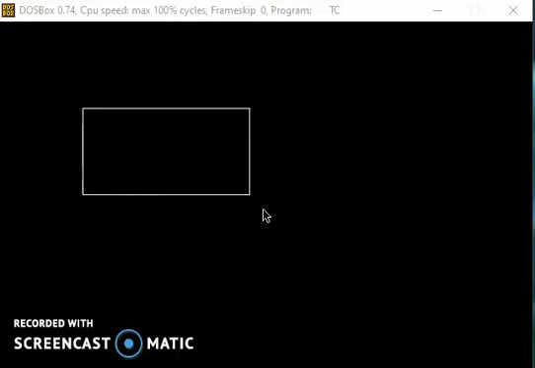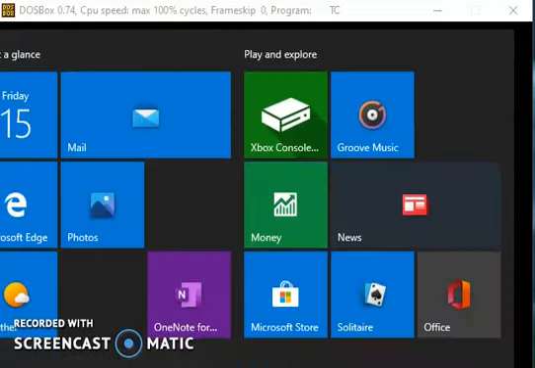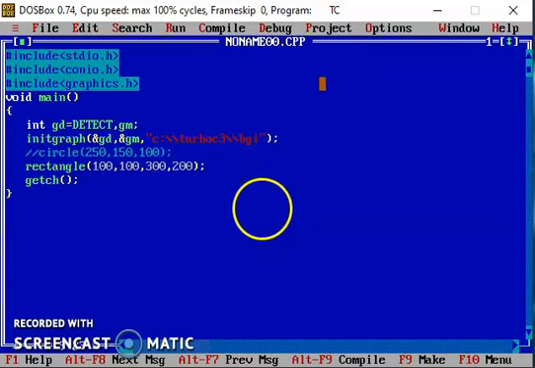Now we can draw a bar also. Bar means a filled rectangle.